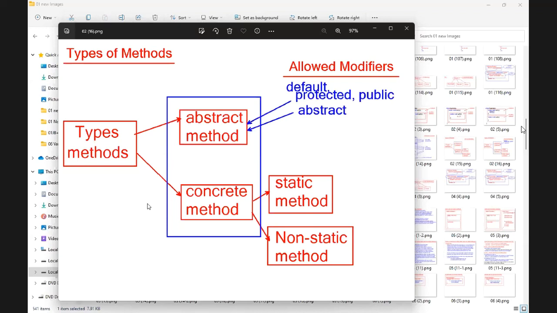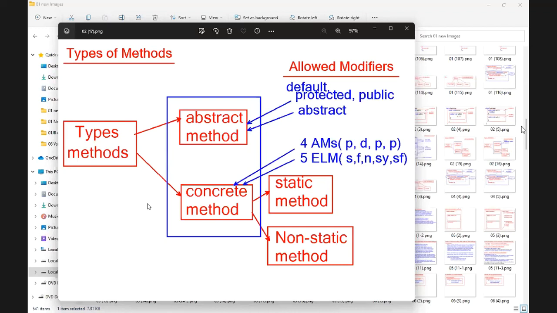Point number 2, to the concrete method. Tell me, a concrete method already has logic, na? So we can control. Wherever you want to execute, how you want to execute, it's up to you. So what are the concrete method modifiers allowed? 4 accessibility modifiers are allowed: private, default, protected, public, and 5 execution level modifiers are allowed: static, final, native, synchronized, strictfp. The 3 modifiers not allowed are what?